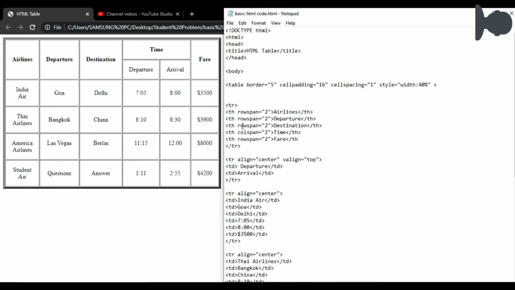So if you use tr align is equal to center, comma valign is equal to top.